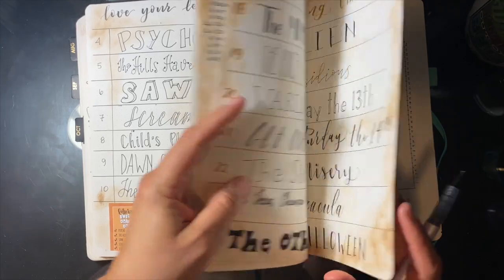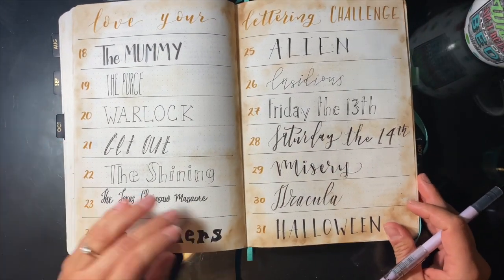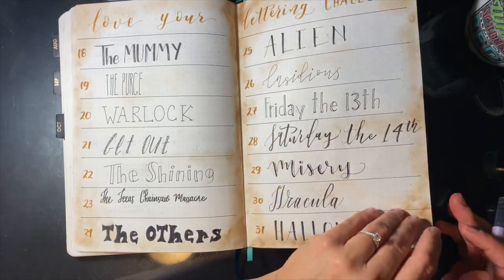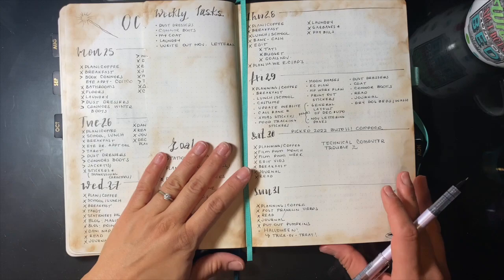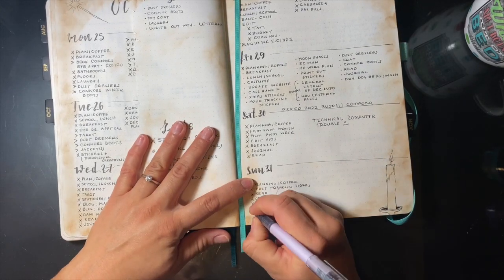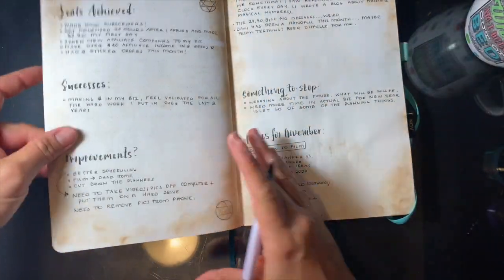And then I continued on this page here, which I like. I really enjoy doing this every day. So this was yesterday. We finished all of the tasks. And this